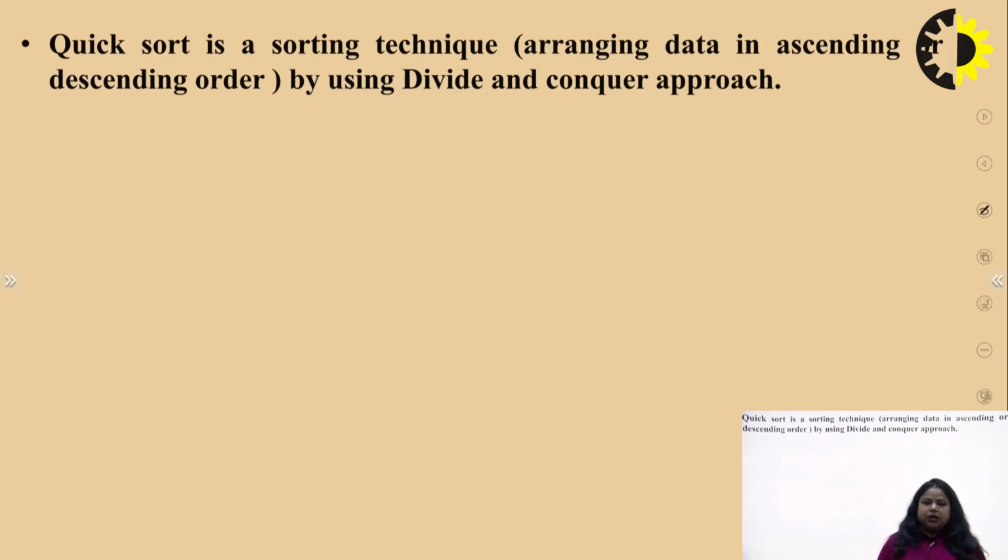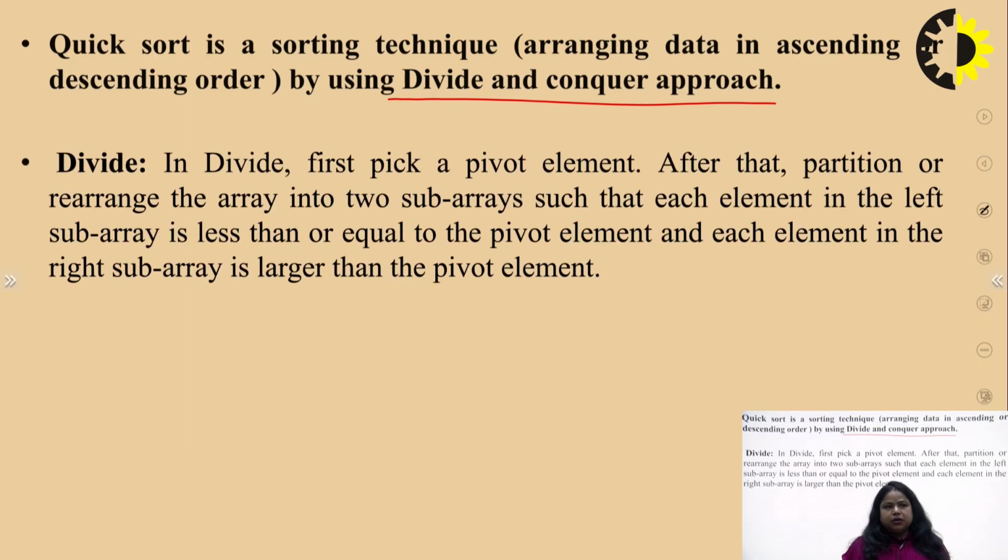Basically, as we all are aware, what do we mean by the term sorting? It means we are arranging our data either in ascending order or descending order, right? But when we talk about quick sort, remember one thing: it is based on the divide and conquer approach. First of all, we need to divide the elements, and then in the final answer we will talk about the conquer approach. So when we talk about the divide approach, first of all we need to pick a pivot element,